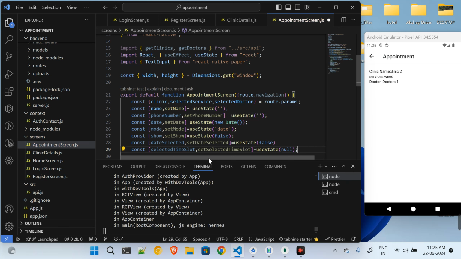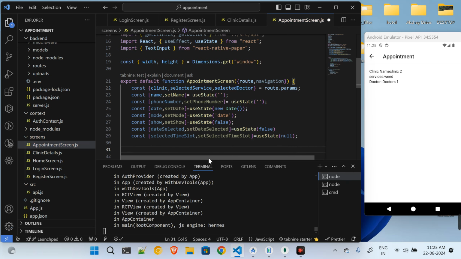Okay, so these are some of the variables which I have declared, and when it comes